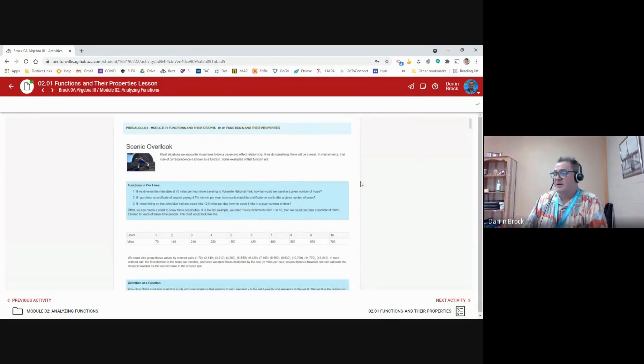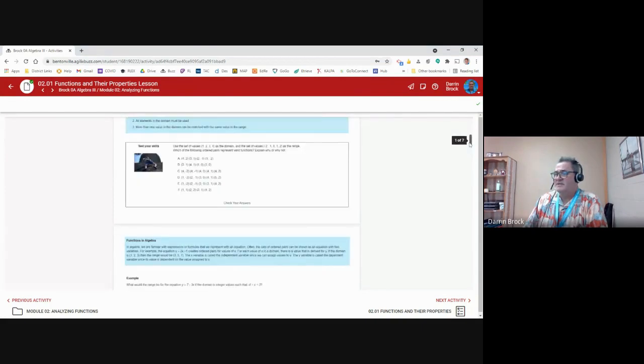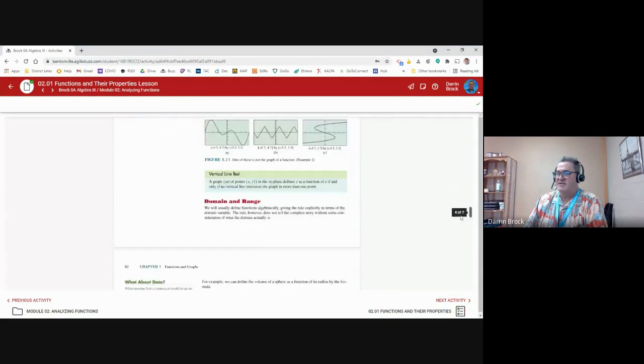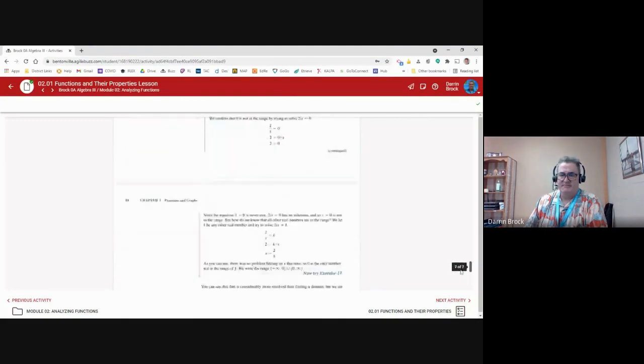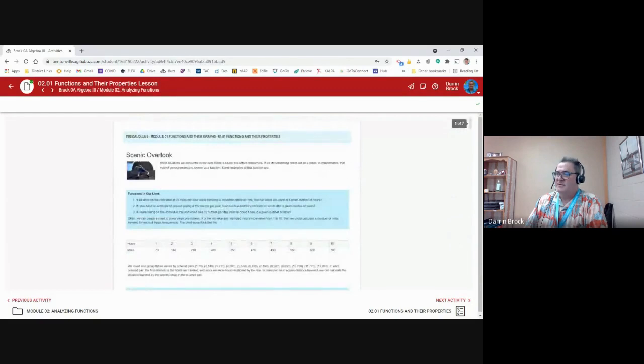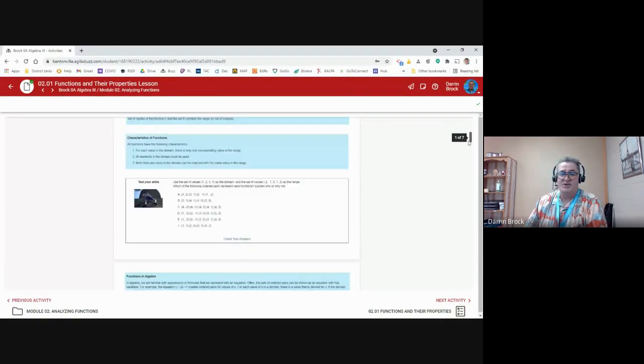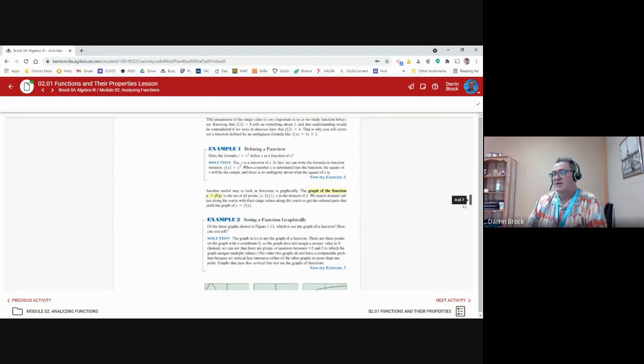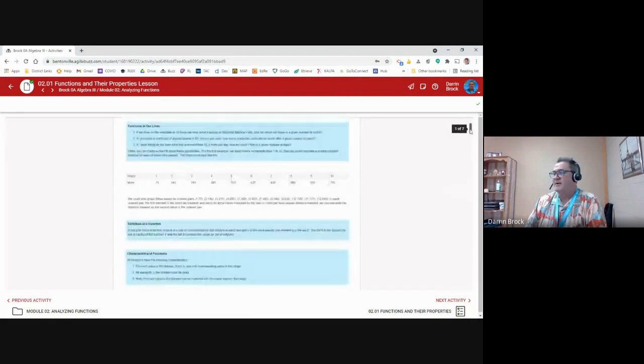So in this, all of your lesson is on one page. I say one page. It's like 7 pages long, but it's all here on the same screen. You have to scroll down. There's no flipping. There's no clicking on going to another page. It's all right here when you go to the lessons in this unit. So in unit 2, it'll all be right here. And the way they break it up right here